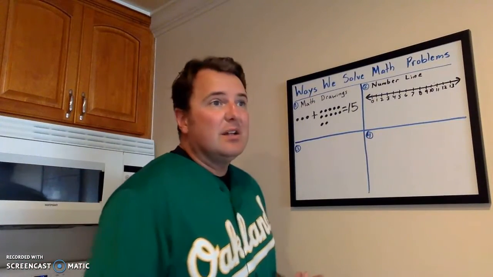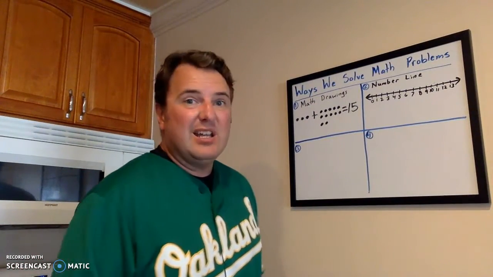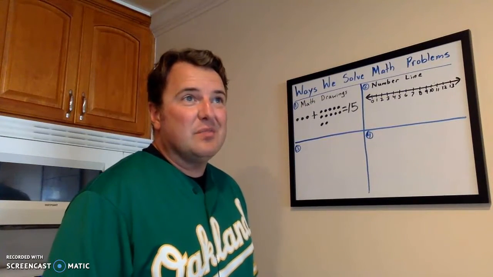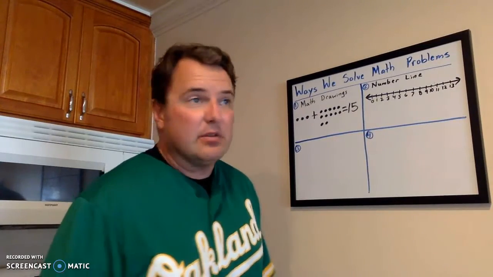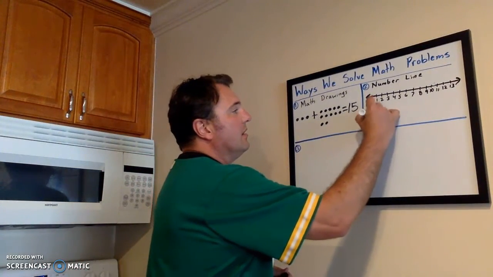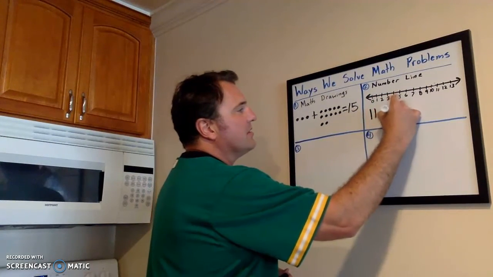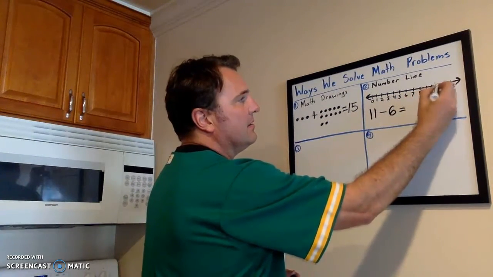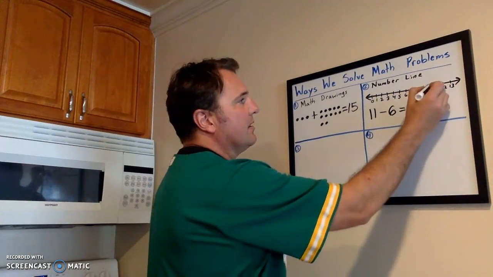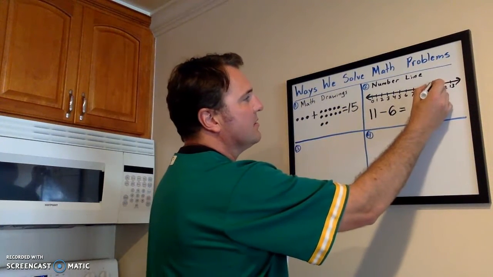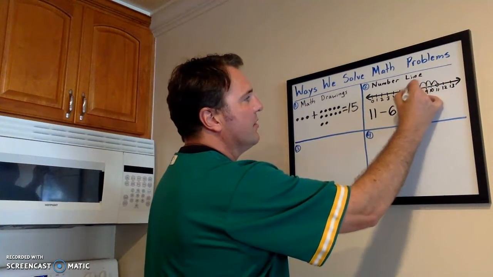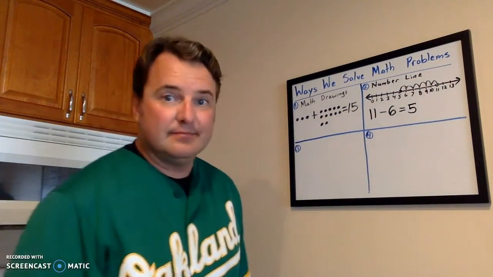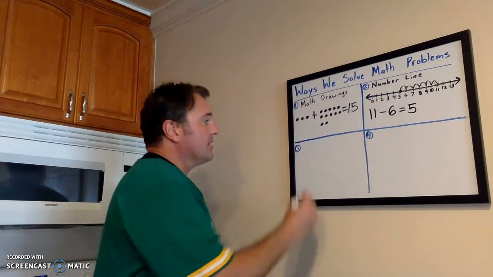So let's pretend that I had 11 potato chips. And then I ate 6 of them, and I said, ooh, that's too many. I don't want to eat any more potato chips. That's subtraction. 11 potato chips, and you're taking away 6 of them. How many are you going to have left? You started at 11. Don't count that as 1. That's where you start. Let's go back 6 spaces. 1, 2, 3, 4, 5, 6. You ended up at 5. So you can use a number line. The next one is